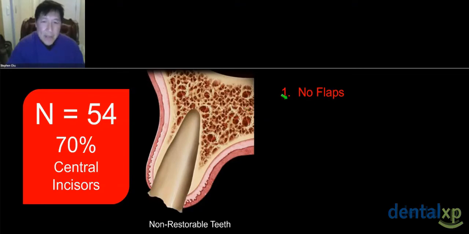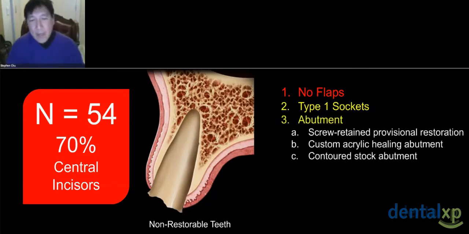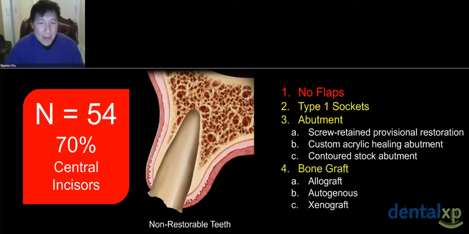The key element was not laying any flaps, so these teeth were removed atraumatically. No flaps were raised during tooth removal. As I said, they all had type 1 sockets, meaning that the whole buccal plate and palatal plate were completely intact. Again, we looked at different types of abutment scenarios where we put provisional restorations or custom abutments or contoured abutments. And we also had the ability to look at different types of bone grafting materials, bone allografts, autogenous from our friends down in South America, and xenograft materials. So again, we had the ability to look at all these different